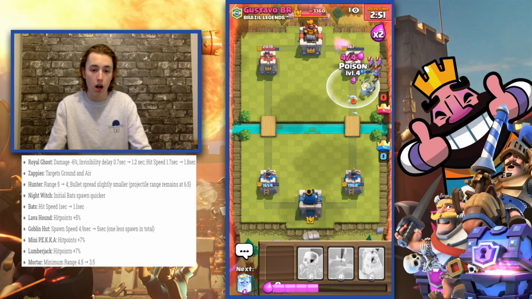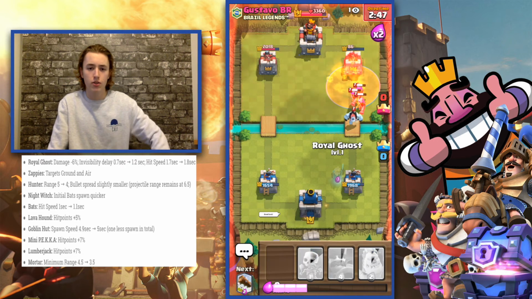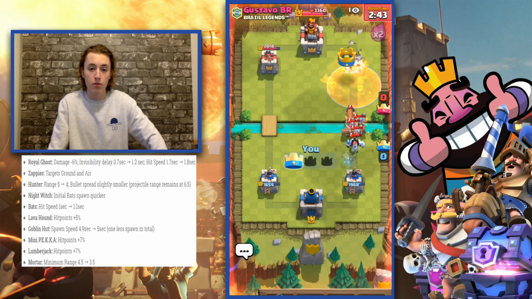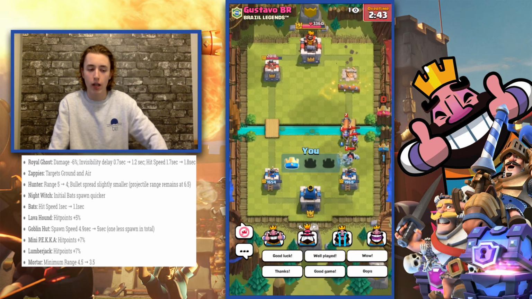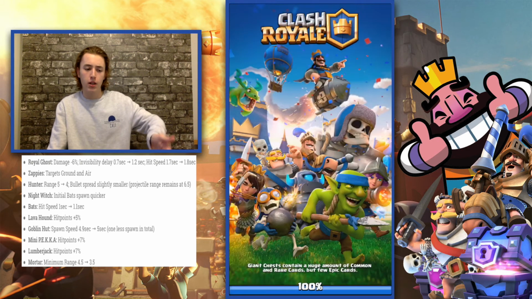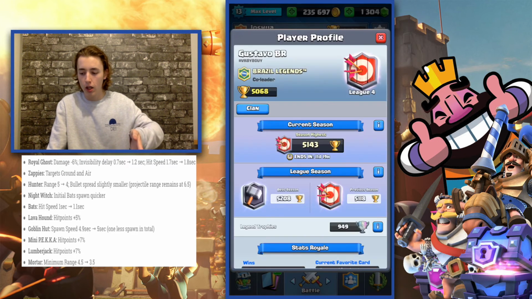I don't know. And then moving on to the next. Actually, no, we're going to skip those two, and we're going to save them for last because they're super surprising. And we're going to go to the Mortar, which is a super controversial card on the ladder because it's just insanely strong. And the minimum range has been reduced from 4.5 to 3.5, which basically means, okay, first of all,